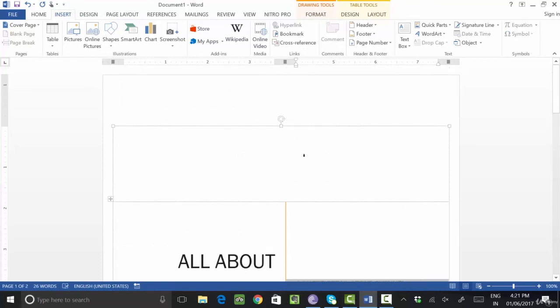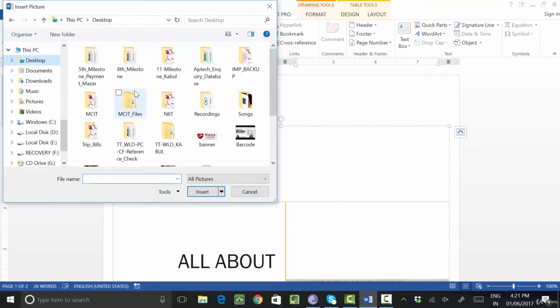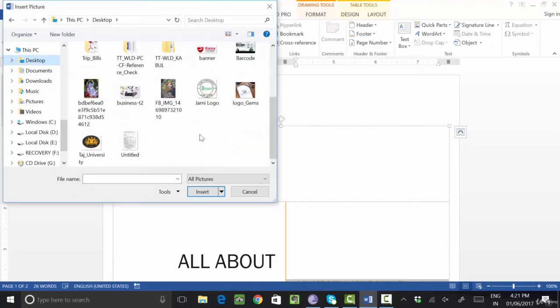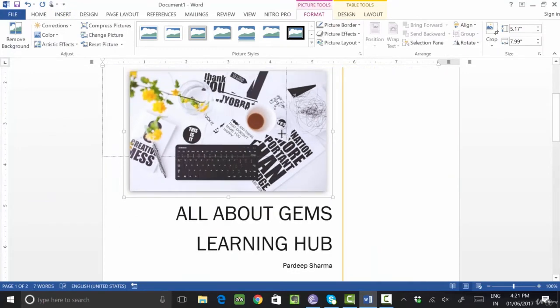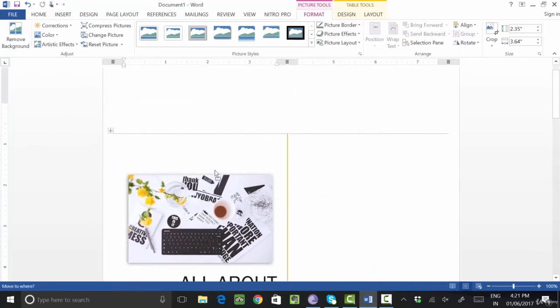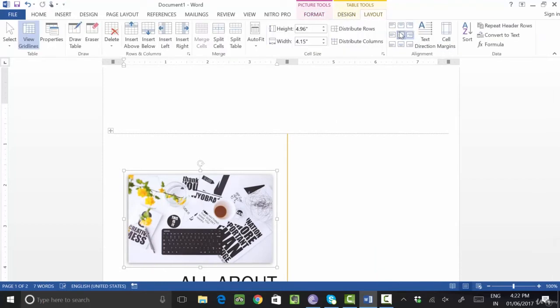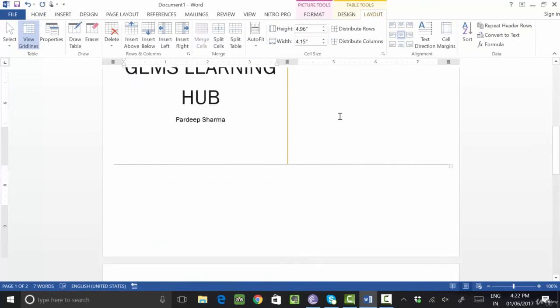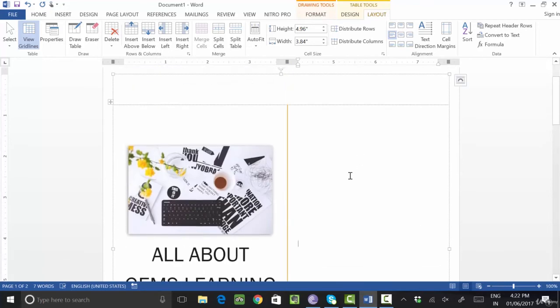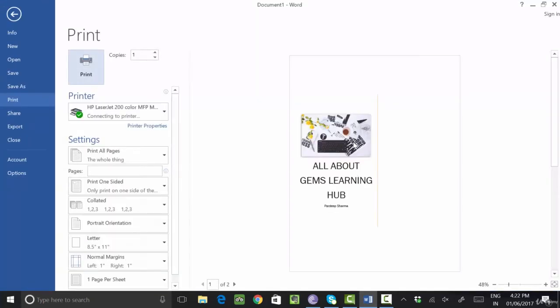For example, you want to insert a picture here, so you will go to picture and click on desktop and select. Let's say I select any picture which I want to import here. So I'm selecting this picture, and I can easily adjust it into my cover page. You see my picture is adjusted, so I will go to layout and set the direction of my picture also. Now in this way I have modified my cover page, and it is now ready for printing. If you go to print preview, you will see my cover page is ready for printing.